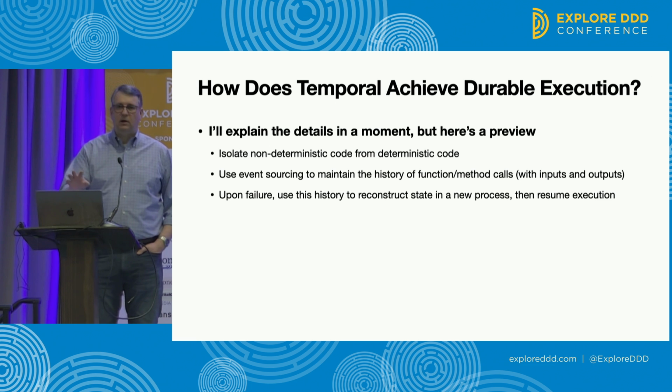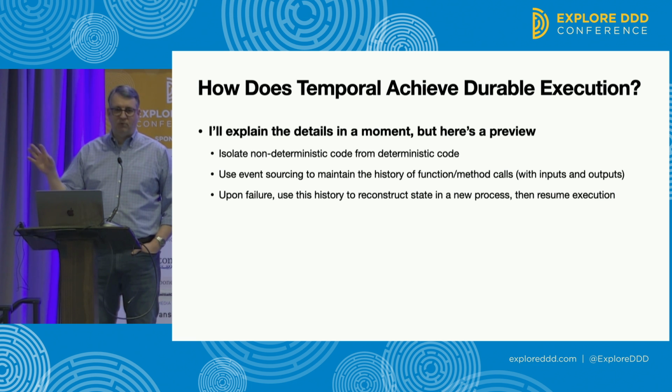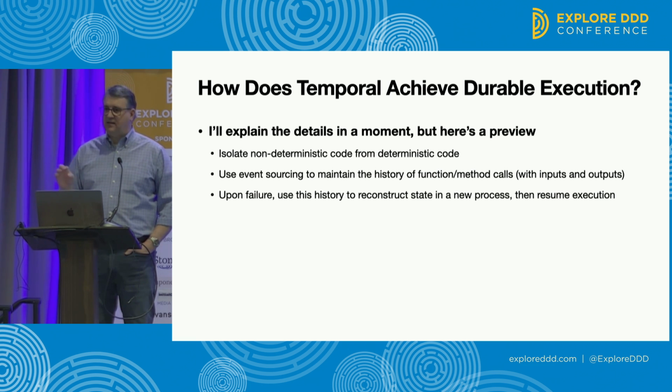So I want to be clear, distinguishing this from the sort of let's make snapshots of everything that's in memory, which is a slow kind of approach and people have tried it, never really works out very well. Temporal does not try to maintain the entire state. It maintains the information it needs to be able to reconstruct that state, and it reconstructs that state completely. All the threads are there, volatile variables, all the values of all the variables, it's all there. It's the same as it was when it was originally running. It just reconstructs it through a method called history replay.